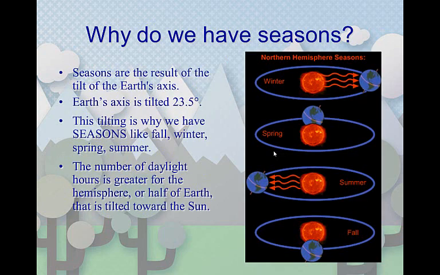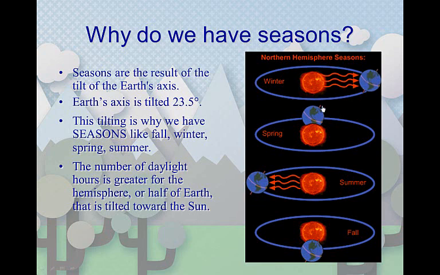Seasons are a result of the tilt of the Earth's axis. The Earth's axis is tilted 23.5 degrees. This tilting is why we have seasons like fall, winter, spring, and summer. The number of daylight hours is greater for the hemisphere or half of the Earth that is tilted towards the sun. Okay, so here in the northern hemisphere, you can see that the Earth is tilted away from the sun,